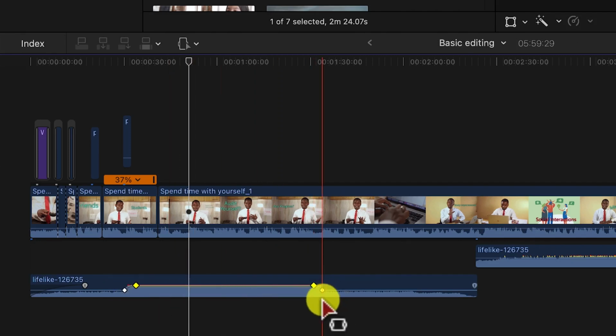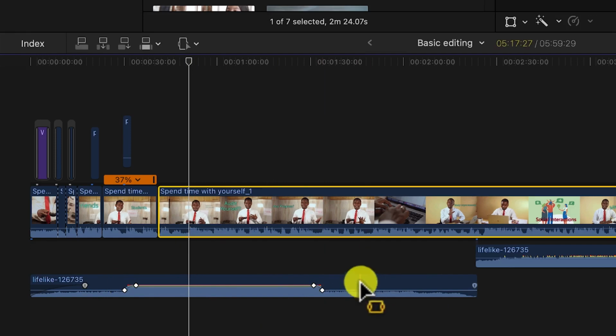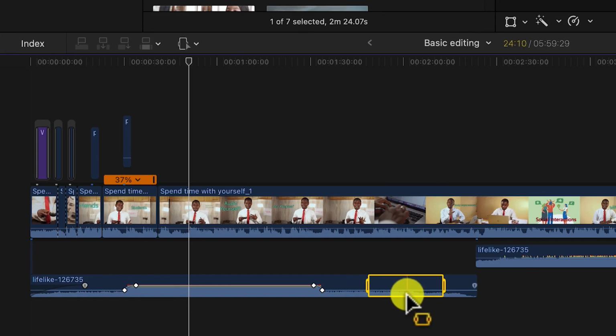Fades in and it fades out using these keyframes. So you can do that at any given point by just hitting the letter R. By hitting the letter R, it will enable the range selector. You just select and drag across, and then you select that particular place and you apply the effect